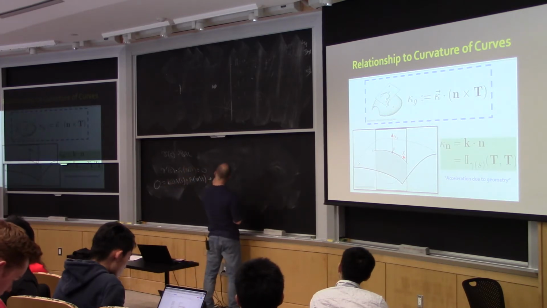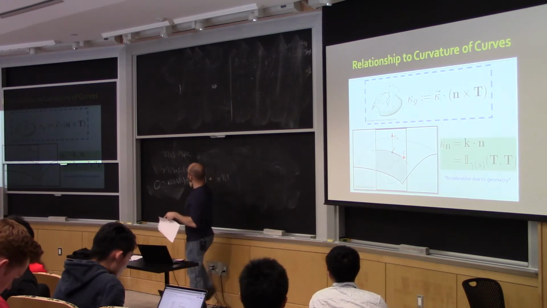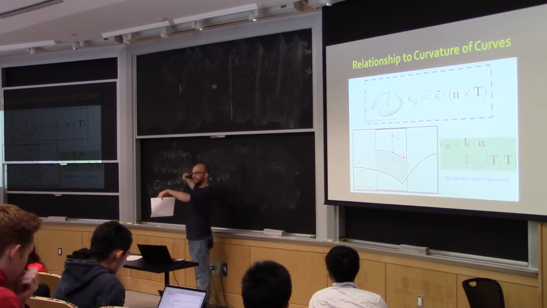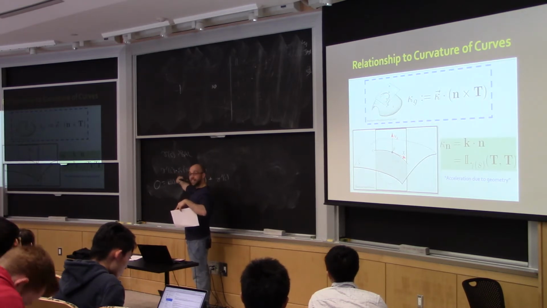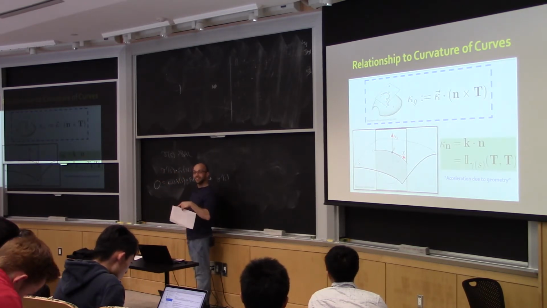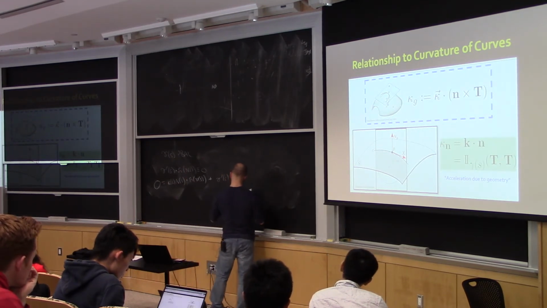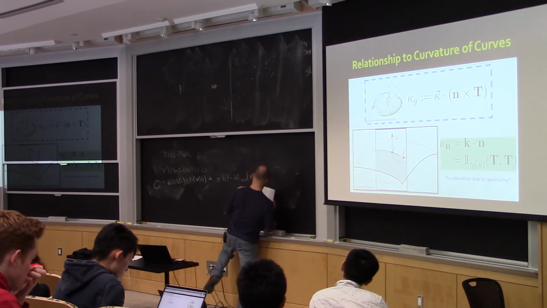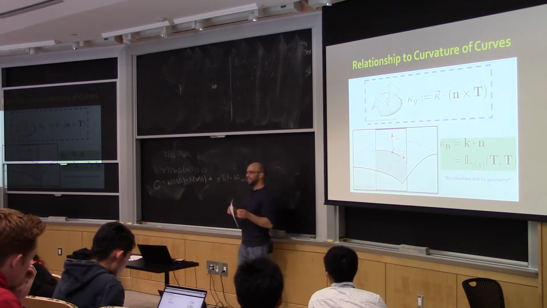I add gamma prime of S. This is a heck of a lot easier when I have my notes here. And now what happens when I differentiate this thing in S? So let's think for a second. So this is tracing out a curve along the surface, and I'm differentiating the normal vector in that direction. So this is exactly the definition, in fact, of the differential of the normal. Yeah? So this thing is dot dN, let's see, evaluated at gamma of S. Let's be careful about this. In the gamma prime of S direction. Does that make sense?